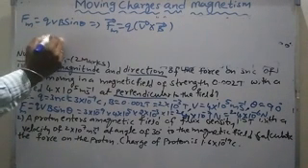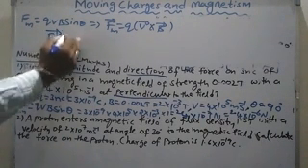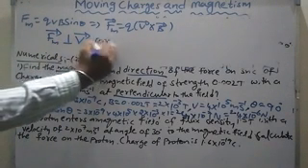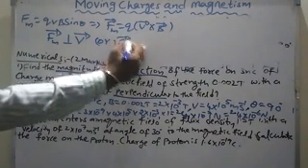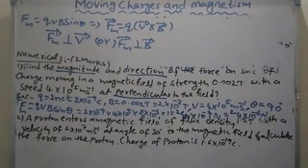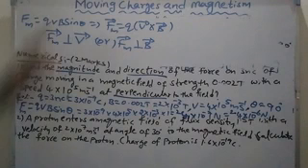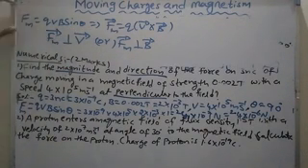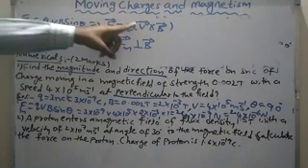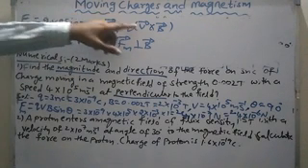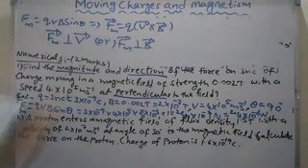So the direction of magnetic force is perpendicular to the direction of velocity of the charged particle, or perpendicular to the direction of the magnetic field. Means the direction of magnetic force is V bar cross B bar. What is the direction of magnetic force in this problem or any problem? It is the V bar cross B bar direction, or perpendicular to V bar and perpendicular to B bar.